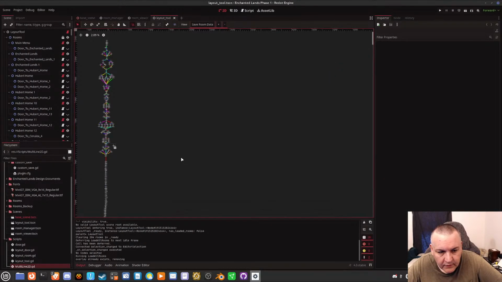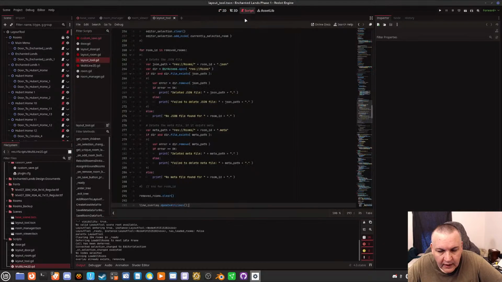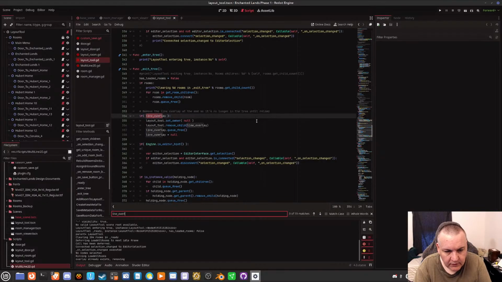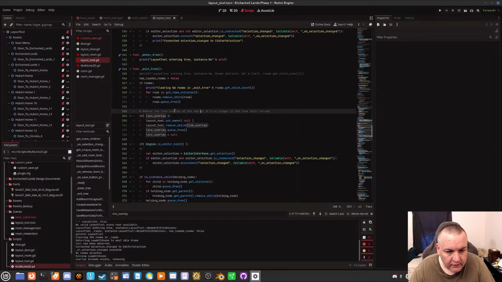Okay. Actually, I can do that though. Layout tool, line overlay. So anything with the line overlay,